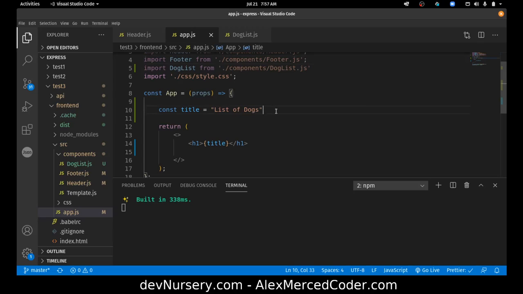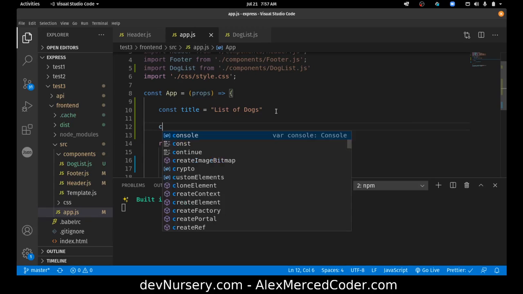So I want to create a variable that's the list of dogs that when it changes, my thing builds. So how do I create a piece of state? Okay, and again, I'm teaching this purely the functional component way. There are different ways to do this if you're using classes. You should eventually learn both, because you'll find both in the wild when you're working on a React job, but